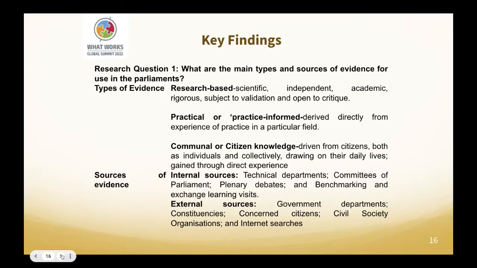And when you look at these three, the members of Parliament seem to prefer mostly citizen knowledge or citizen-based evidence because it is direct and the members are interacting with committees of Parliament on a rather simple basis. It's one-on-one compared to research-based evidence that is mainly scientific and academic in nature, and so sometimes not easily